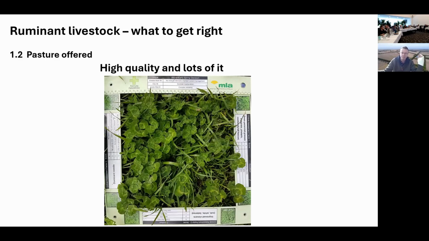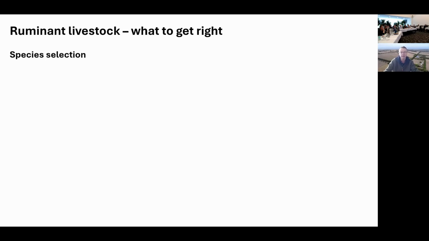And it comes down to the basics: right species, right grazing management, right soil fertility conditions, pH, all of that sort of stuff to grow lots of things. Okay, it's all bread and butter stuff that we should know, should have been doing for ages, but I find a lot of farms there's still some scope to fiddle around with that one, which will have a positive impact on emissions intensity in particular.